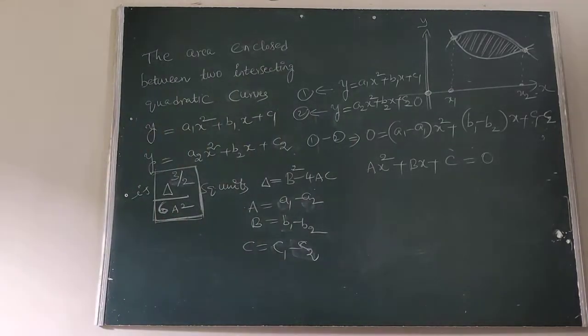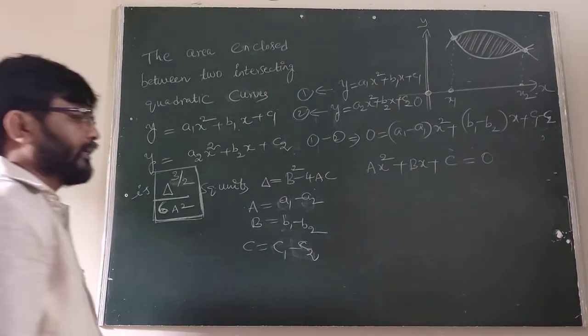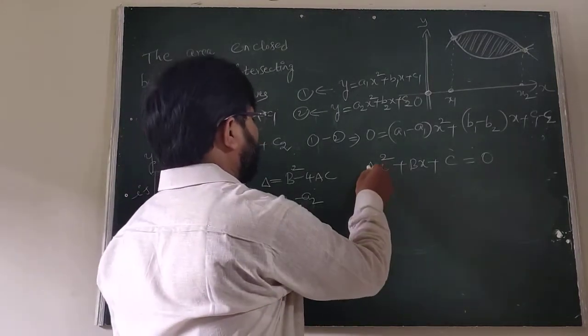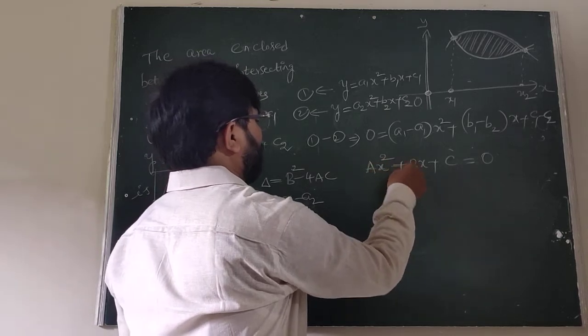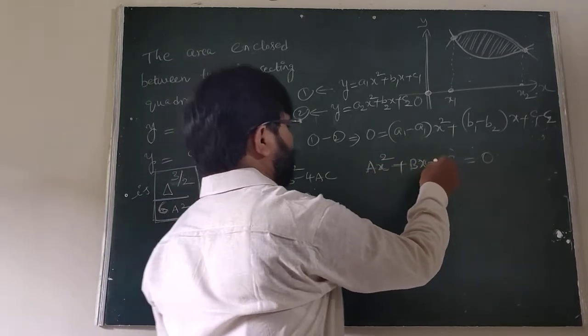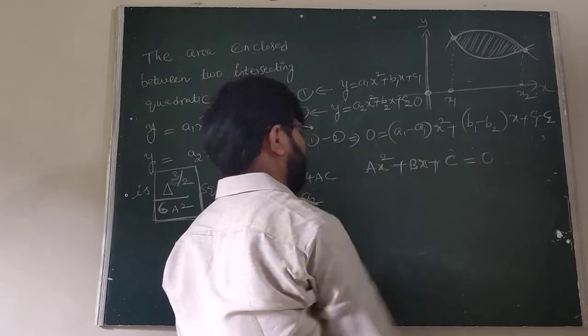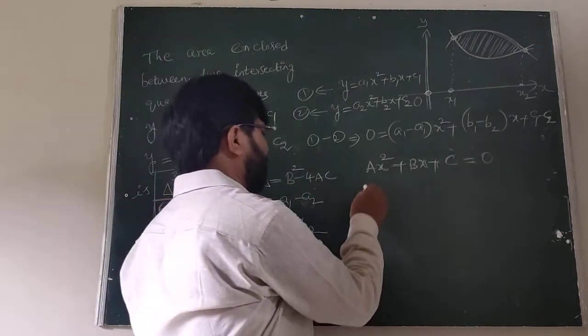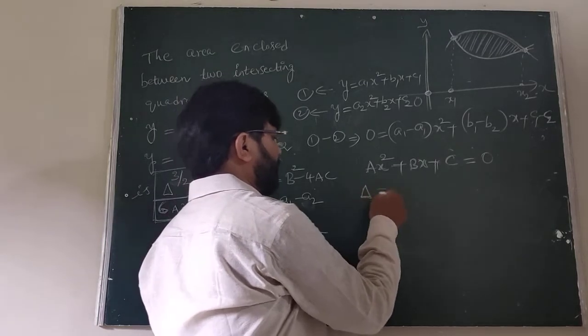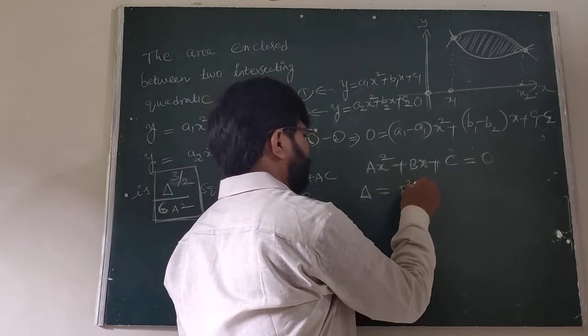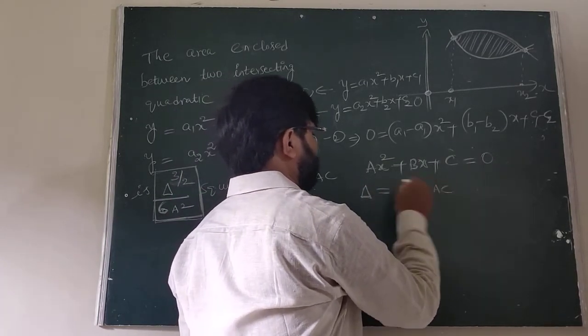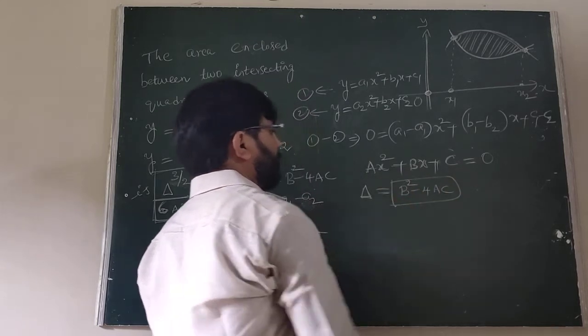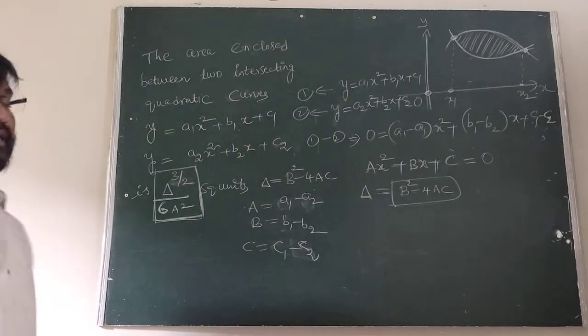Okay, now here all of you listen here how to write this one. We are taking here, this is the curve ax square plus bx plus c. Now we can take the discriminant delta equals, everybody knows, b square minus 4ac is the delta. Now we have to find the area